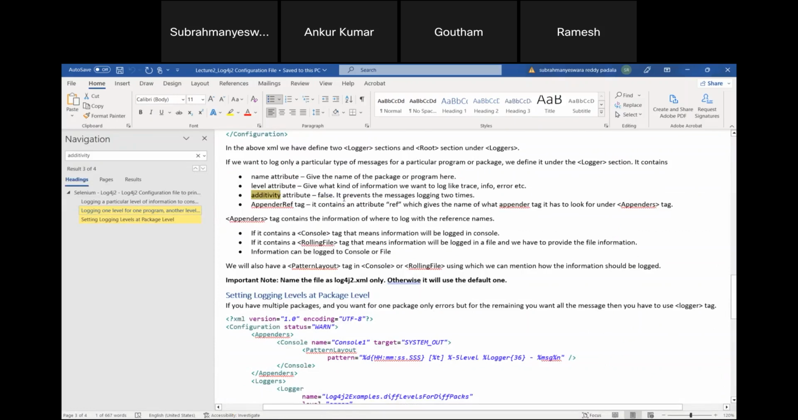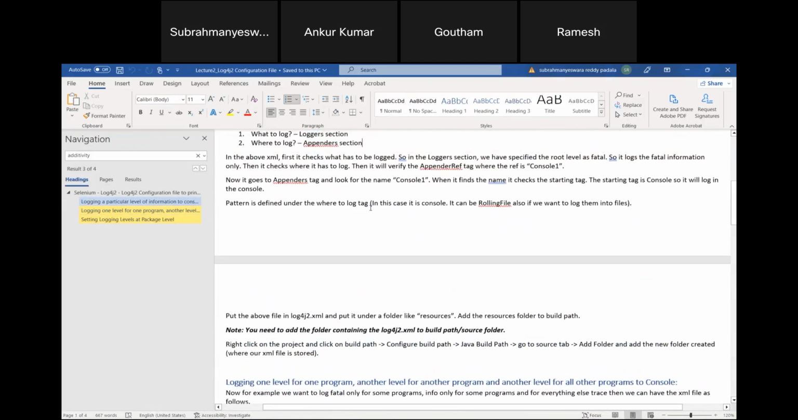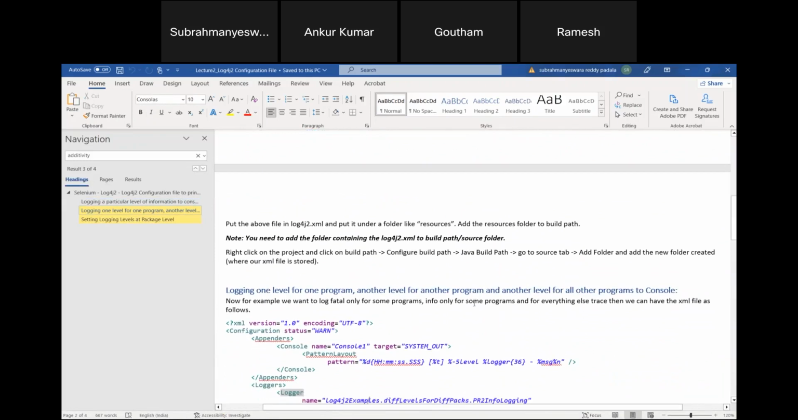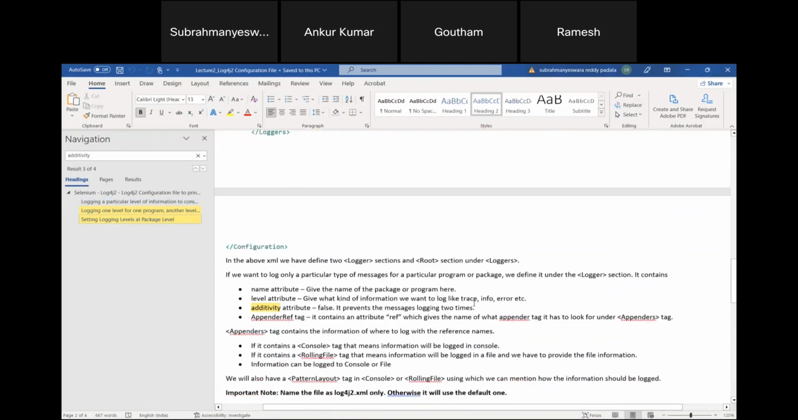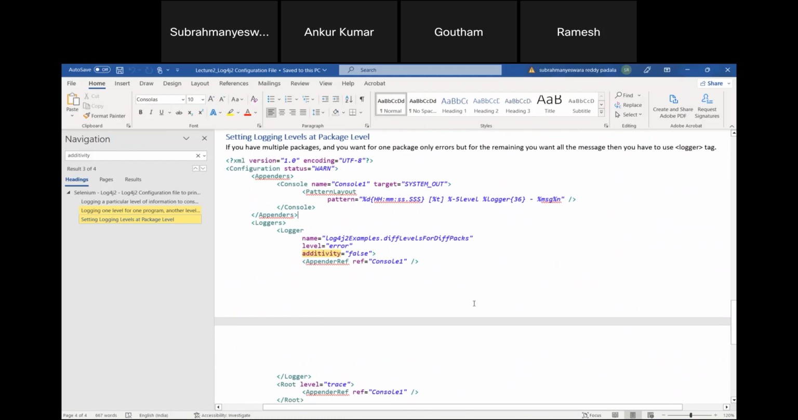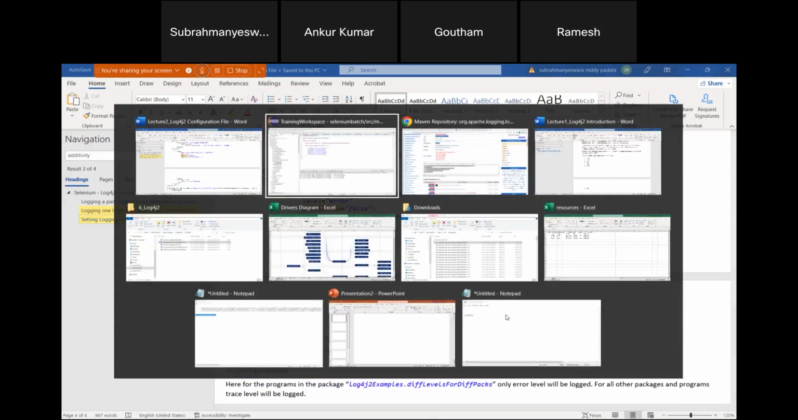So we have seen logging for one level for one program, another level for another program, and another level for other programs to the console. We have also seen setting logging levels at the package level. So now this is done. The next one is